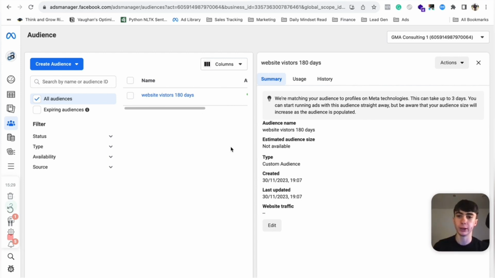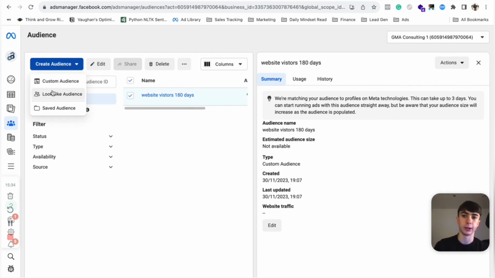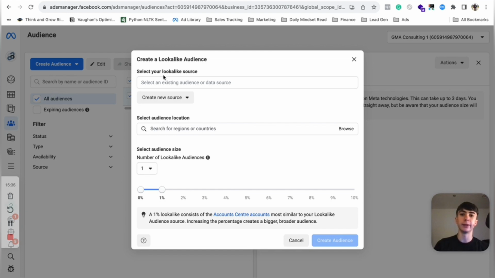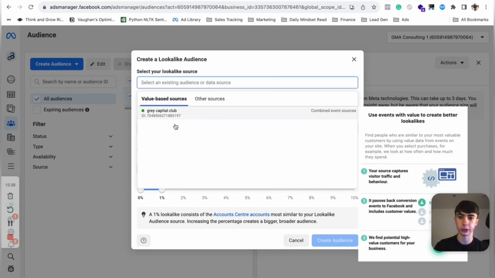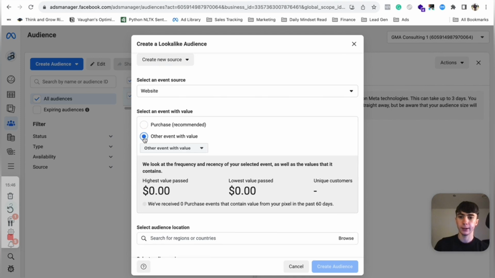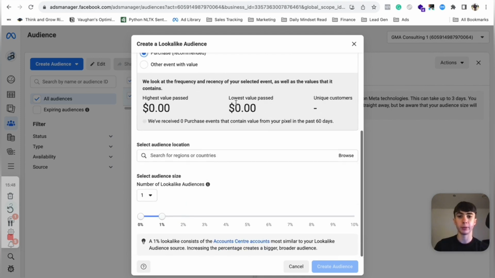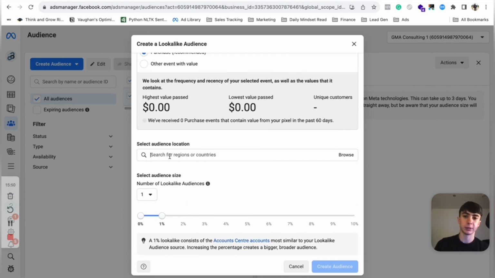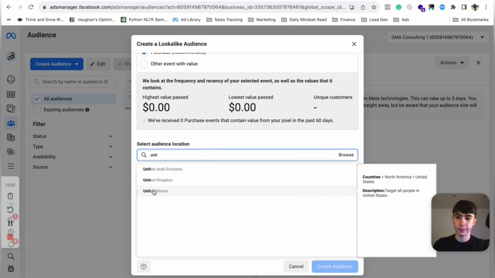So what you want to do is select it like this, and then you're going to go create audience, and then go down to lookalike, and then you're going to create the source here. So the source can be your Facebook pixel, or they're called data sets now. And then we're just going to go with purchase for now. And then this is what I was explaining about. So if we type in United Kingdom here,